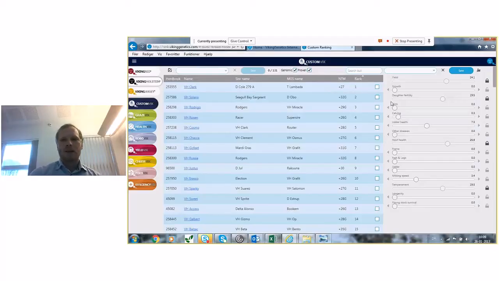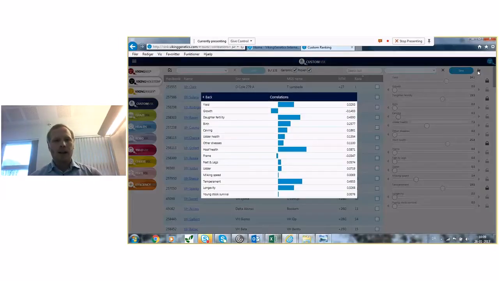But what effect does this have on your breeding strategy if you do it like this, compared to the normal NTM, where all the economic traits are making genetic progress? This is my way of looking at what I want. You press on this button and you can see what will happen to my breeding strategy if I do it like this. I'll get progress in nearly all things. I'll get a bit less frame, but a lot better hoof health, a lot better fertility, daughter fertility, and a lot better temperament. And that's what I was looking for.